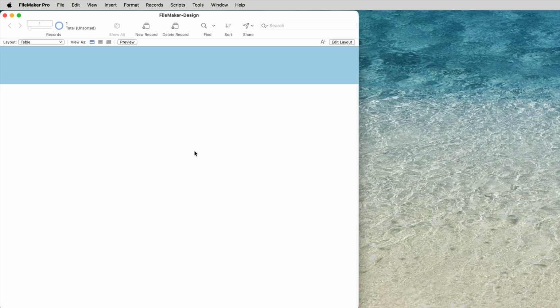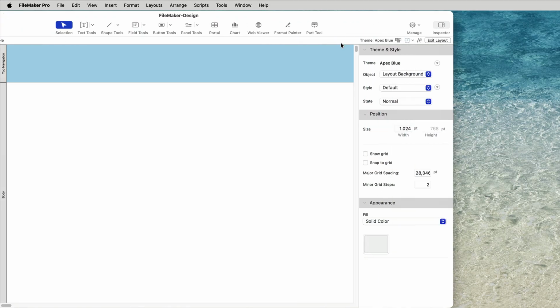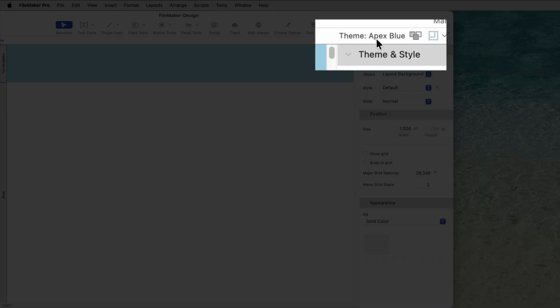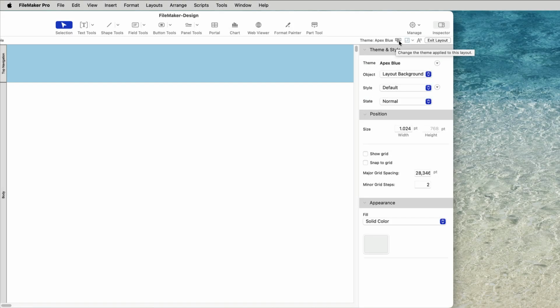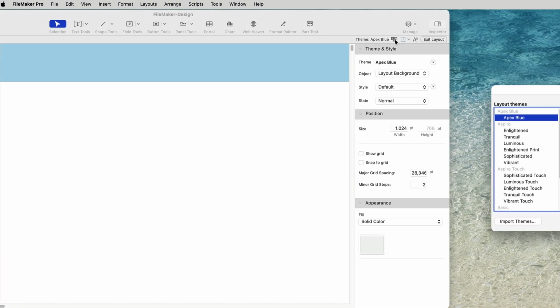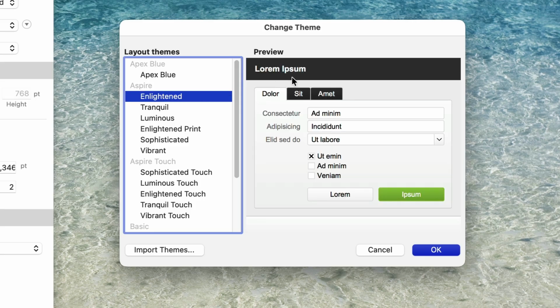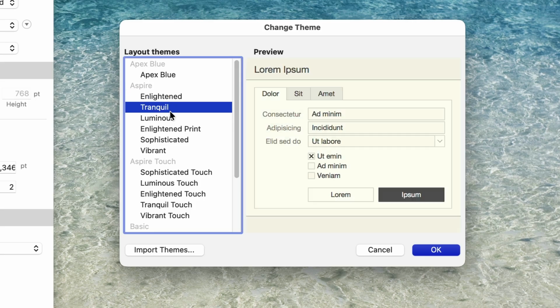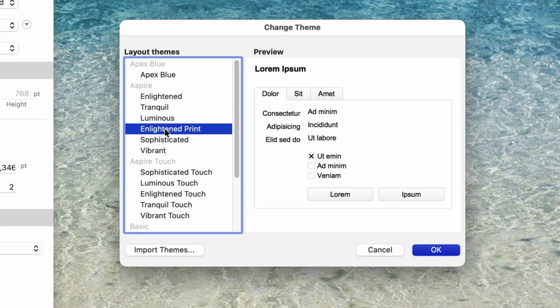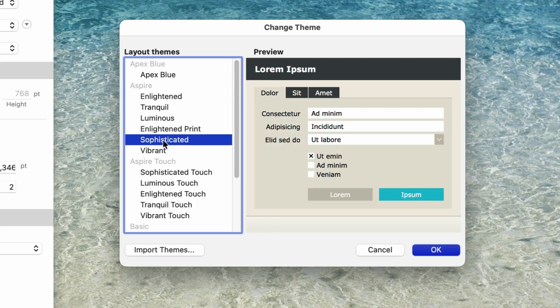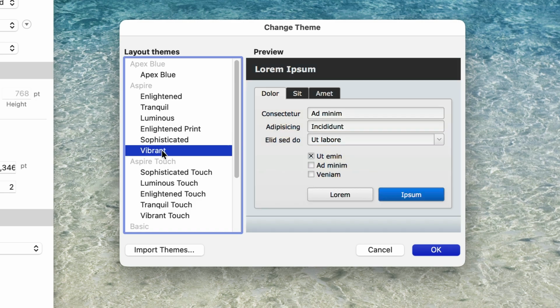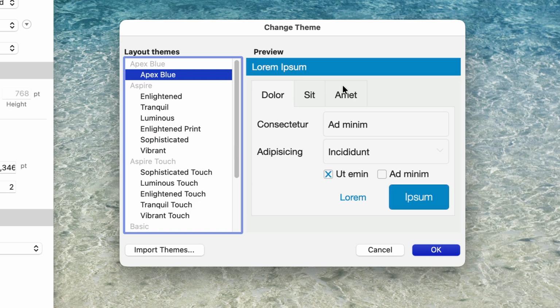I just created a new FileMaker file, and this is the file presented. If I go to layout mode, I see that there is a theme applied called Apex Blue. I click on this icon right next to the title here and see it's Apex Blue. By changing to another theme, I can have a small preview of those other themes. And you see that there is a change in lighting and there's a change in colors, and there are all kinds of different settings here, but we'll stick to this basic Apex Blue as just started with.